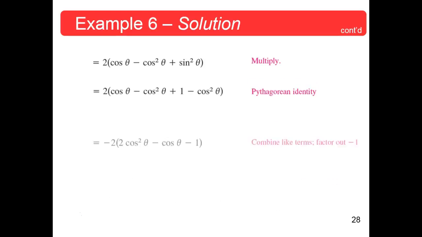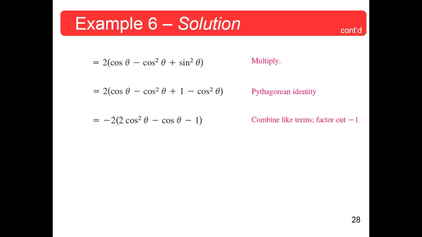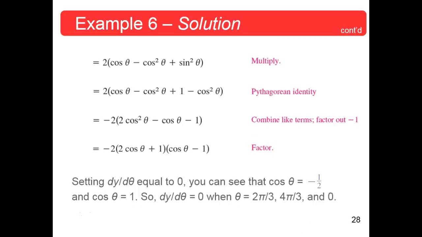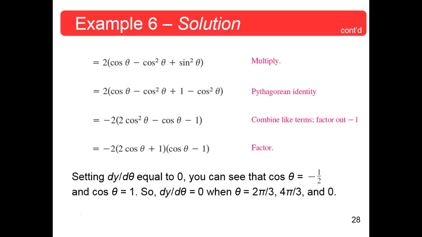Then we did that, and then we did that. So we got the same place. Not sure I would have done it their way, but it's fine. And they did that as we did. So that's where cosine theta is equal to -1/2 and where cosine theta is equal to 1. And that's where theta